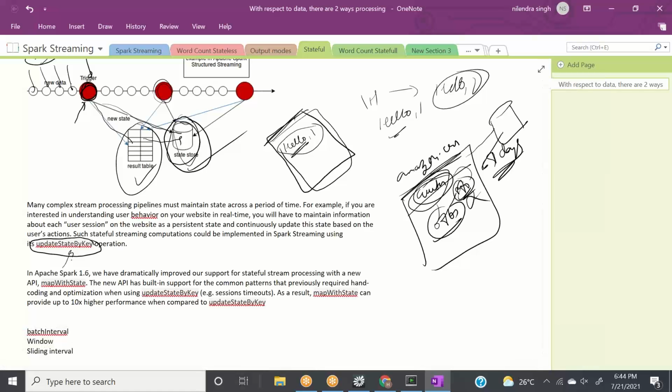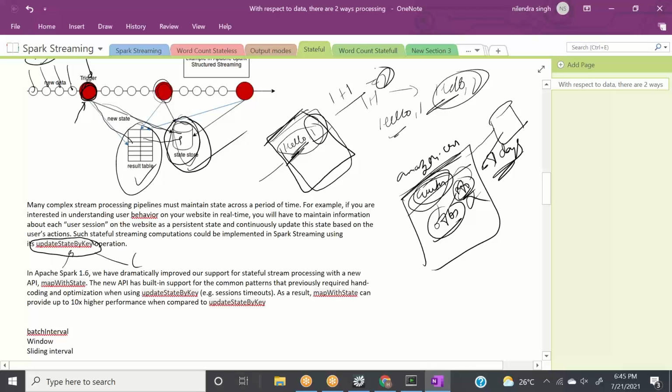It obviously doesn't know, so we need to tell it: you need to add hello comma 1 here, and when we want you to update some information, you need to match hello with hello, add the previous value to the new value, and give us some result. We need to tell it this.